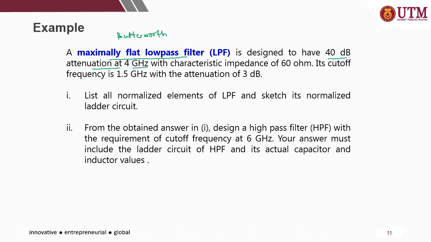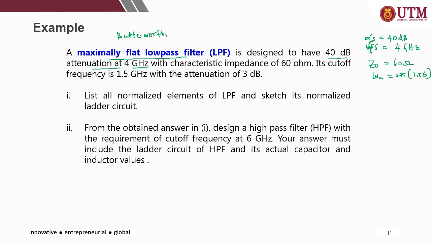So you know that alpha S equals 40 dB, and Fs is 4 GHz. Sorry, omega S is 2 pi Fs. With characteristic impedance Z0 equal to 60 ohm, and a cutoff frequency omega C equal to 2 pi times Fc of 1.5 GHz,